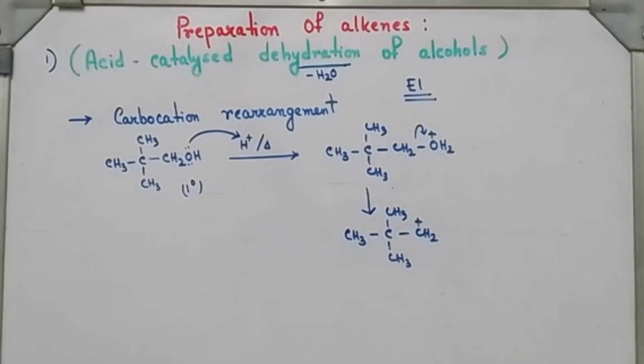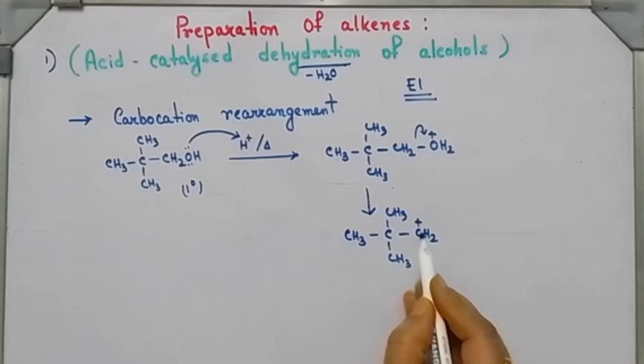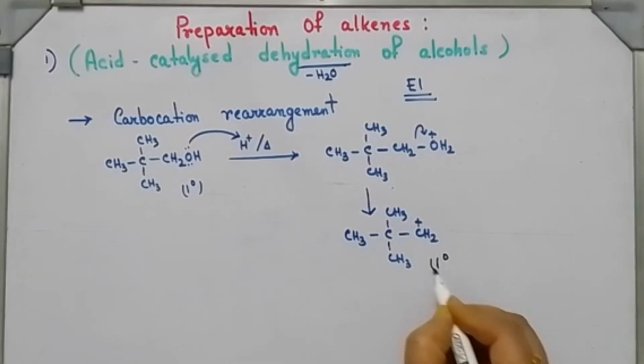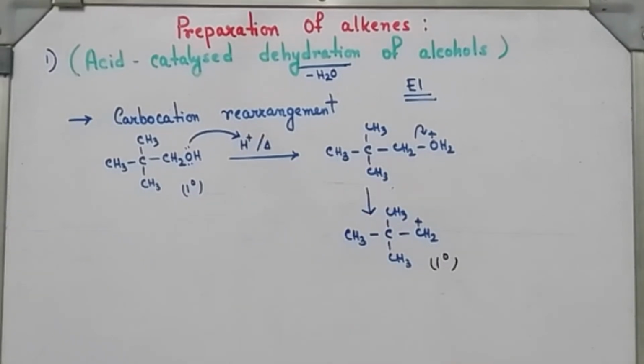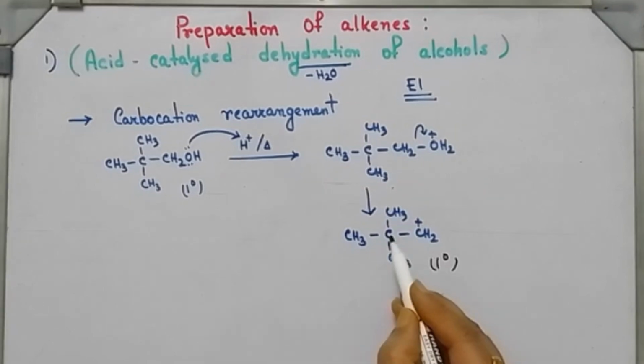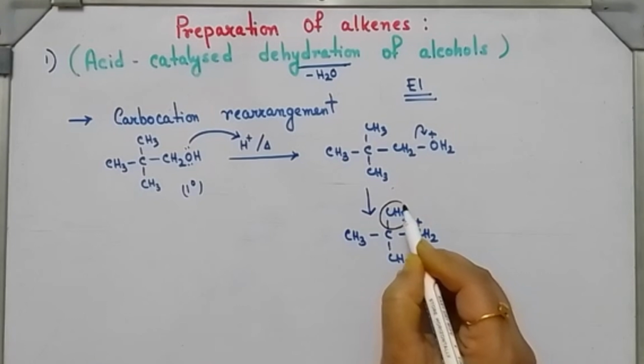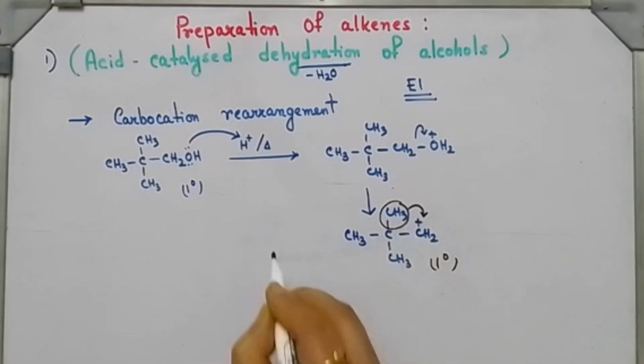Now see, with this carbon atom where the positive charge is, one carbon is attached, so this is a 1 degree carbocation. Here a tertiary carbon is there, so this methyl group can migrate with its bonding electron here